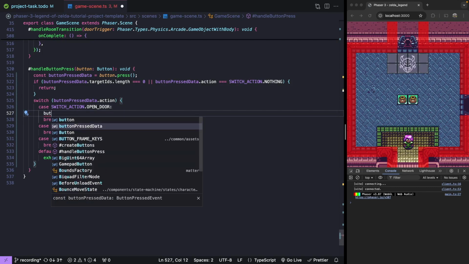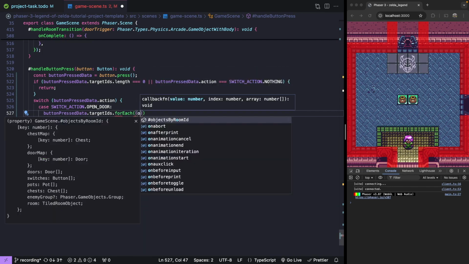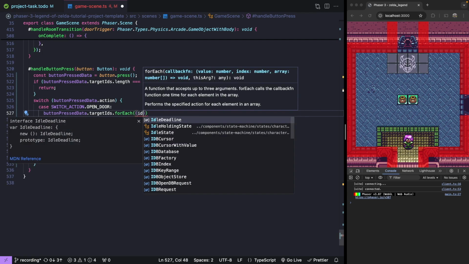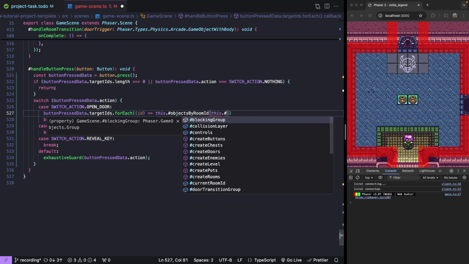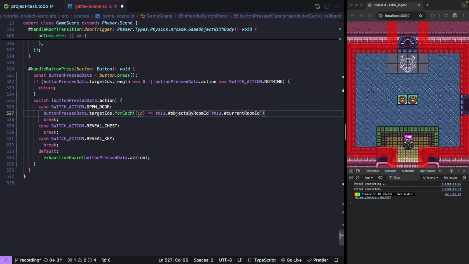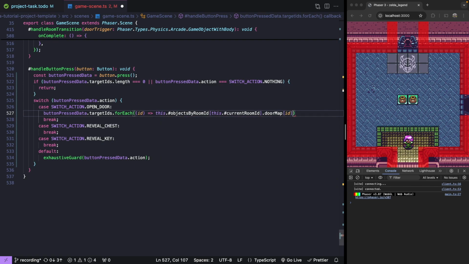We'll want to take our button press data, we'll want to grab our target IDs, and for each of our IDs, we'll want to find the relevant door and open that door up. So we need to reference our objects by room ID. We want to grab the room ID we're currently in. Now we want to reference our door map. Then we want to use our ID from our target IDs array, and then we want to call open on